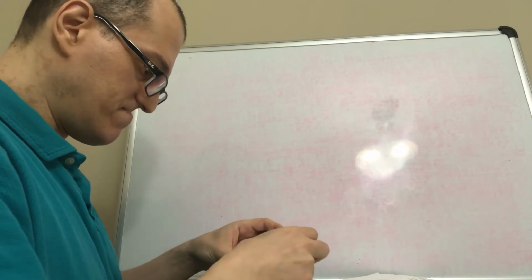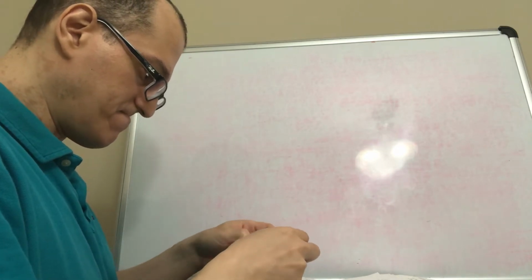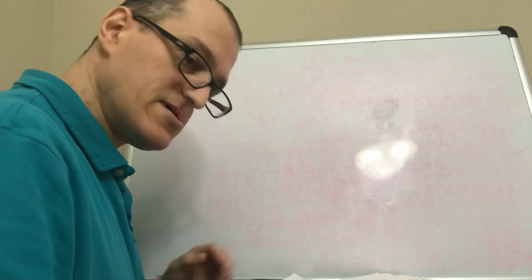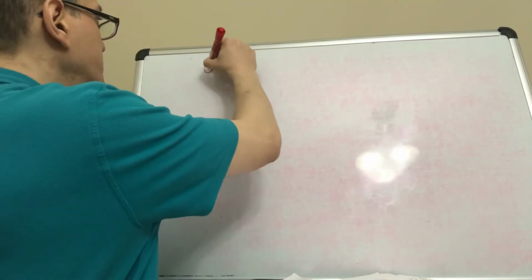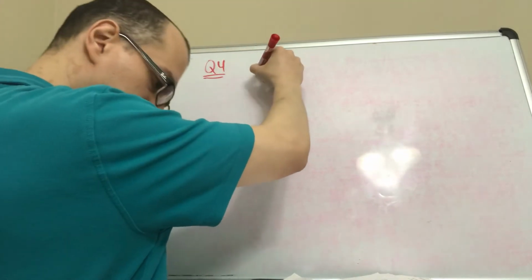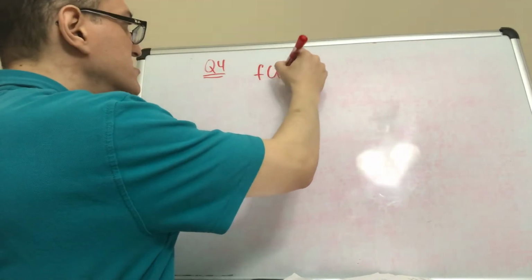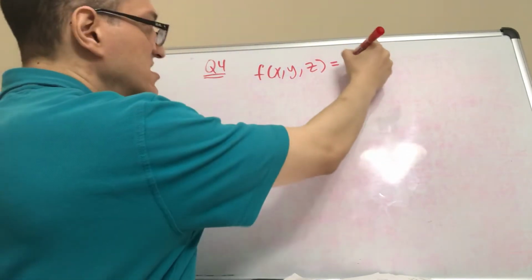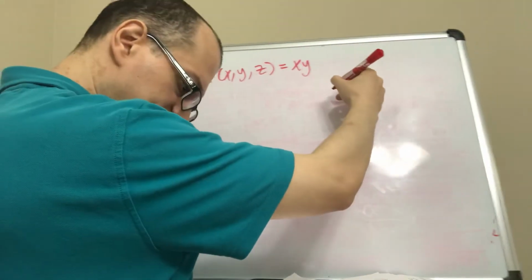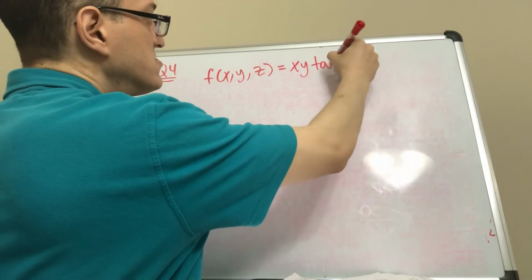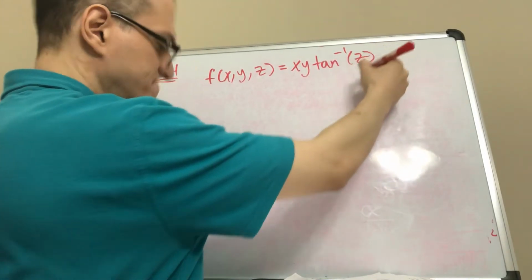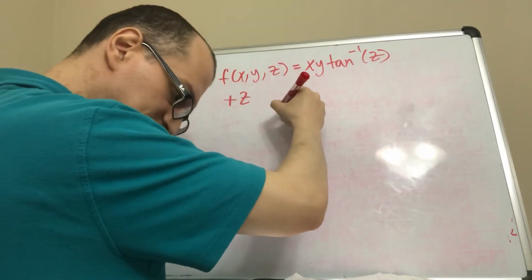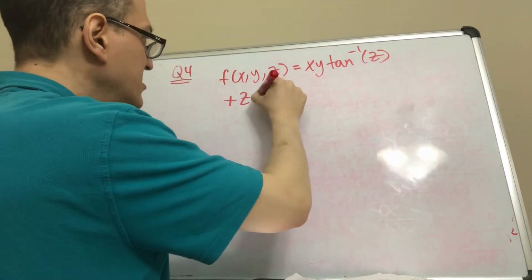Question number 4. In question number 4, you have a function in terms of x, y, and z. It's x y tan inverse of z plus z sine of xy